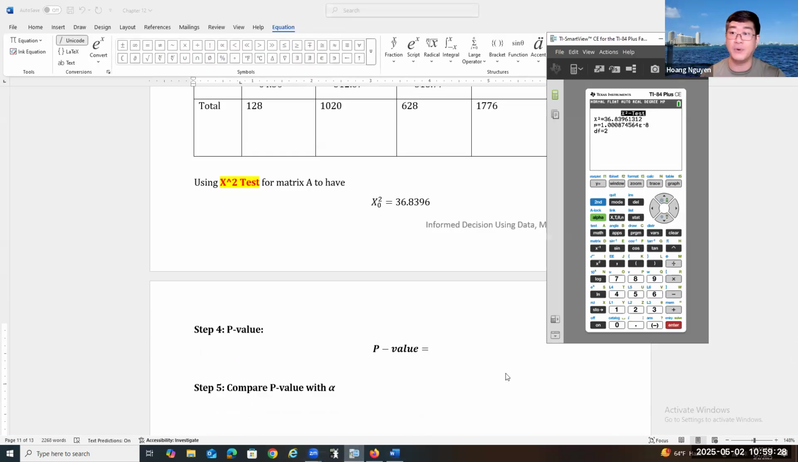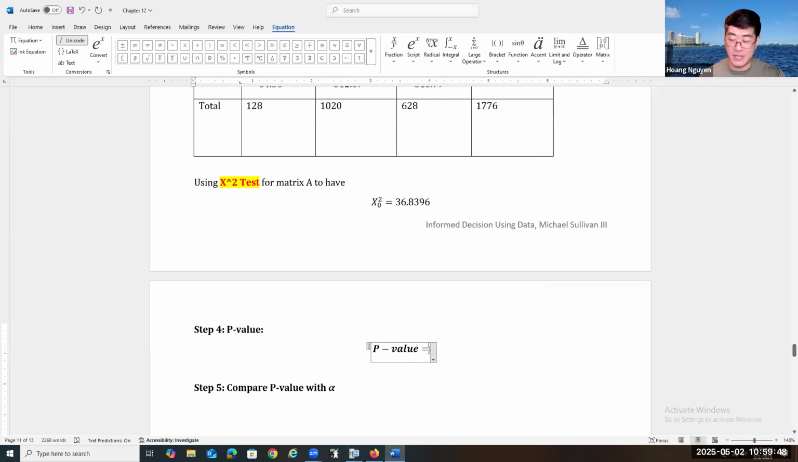Let's take a look at the output then. So it's going to be 1.0008 or 9, right? And then e to the power -8. Because this is e to the power -8, which means that you're going to move the decimal point 8 places to the left, right? So if you're going to rewrite this p-value in decimal form, then you will have something that looks like this: